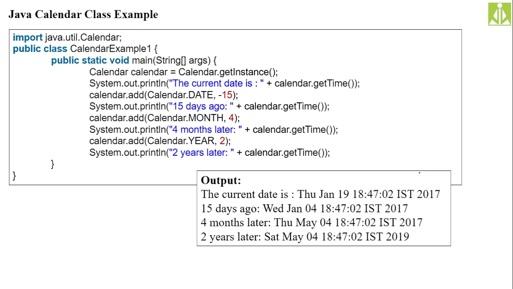The new operator you cannot apply, as your calendar class is an abstract class. So what we have to do is go for invocation of the getInstance method. The getInstance method is available inside the Calendar class, which will allocate the memory for your object. This is a partial implementation class, so that's the reason we cannot instantiate.